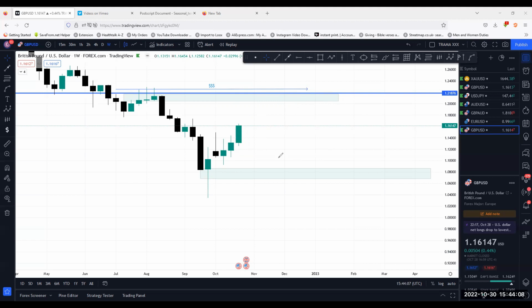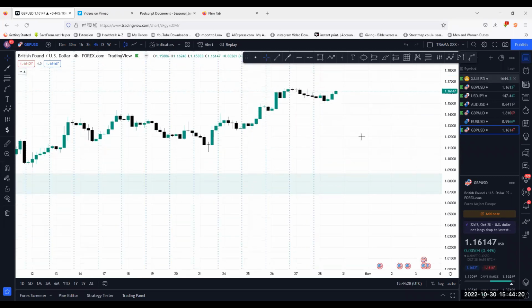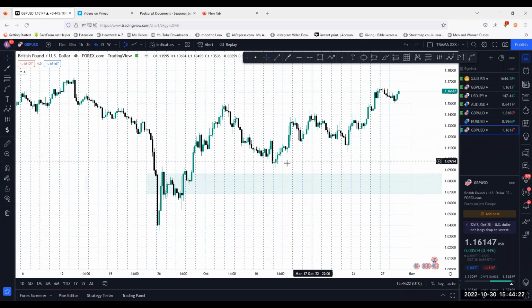The market is still heading up. It's going to be an amazing trade this week. I don't want you guys to miss anything. So you want to pay attention to your lower time frame. You look at the 4-hour. You look at what the market is doing. Look at the structure. What is it creating on the 4-hour?